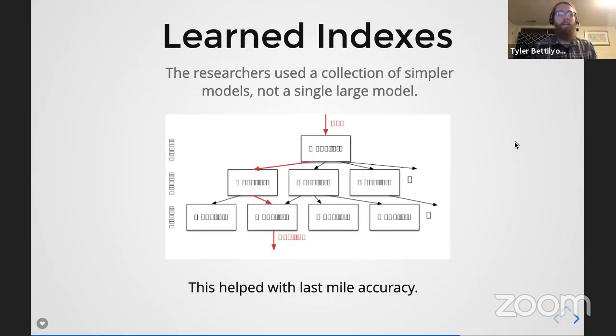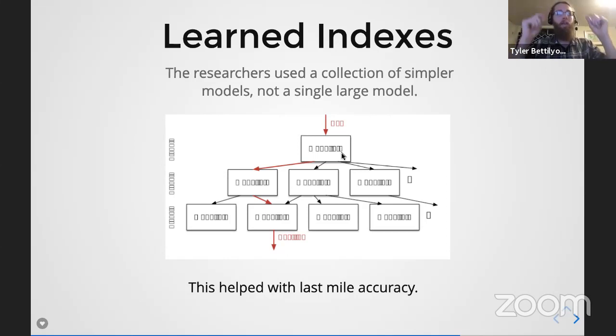So the researchers, instead of building one single large complex model, built a framework and used something very similar to grid search to build the individual parameters for each of these. But the framework is such that each of these boxes in this image represents a different, separately trained ML model, usually quite small, like I was saying, 2 hidden layer neural networks they used at the top layer of this model. And what happens is a record comes in and the root ML model makes a prediction about which ML model in the layer below me should be used to answer the question, what is the position in memory of